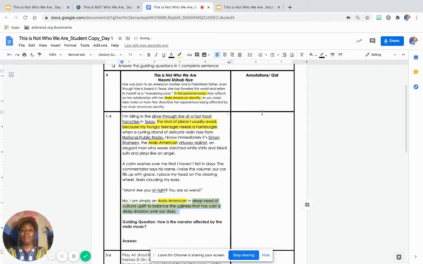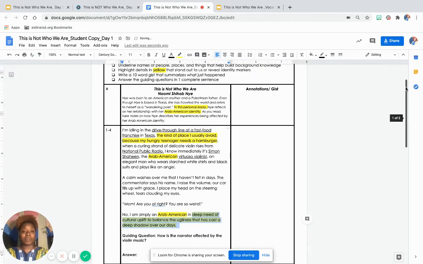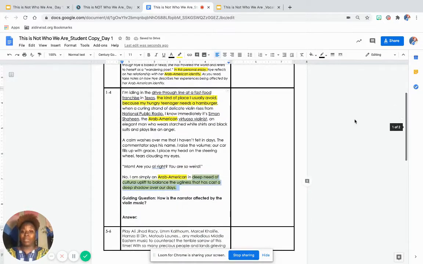And I am again highlighting that because it stood out to me. I'm making a text-to-world connection there mentally because I just reviewed the 9/11 video. And so it sounds to me that this can be the ugliness that has cast a deep shadow over her days